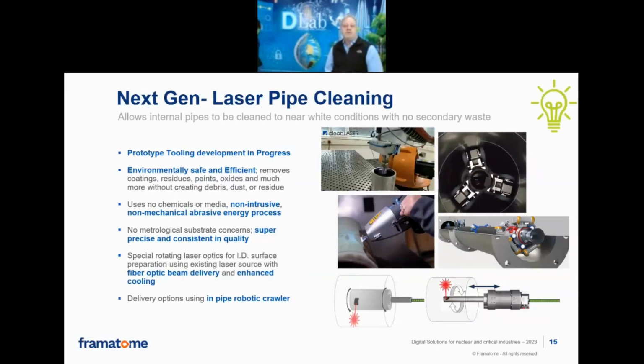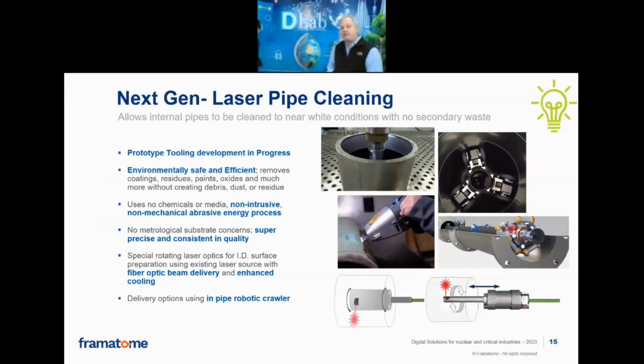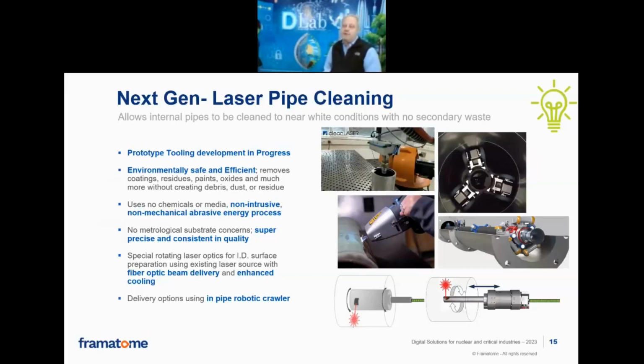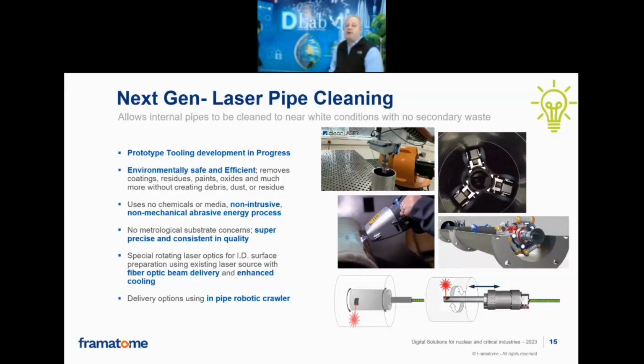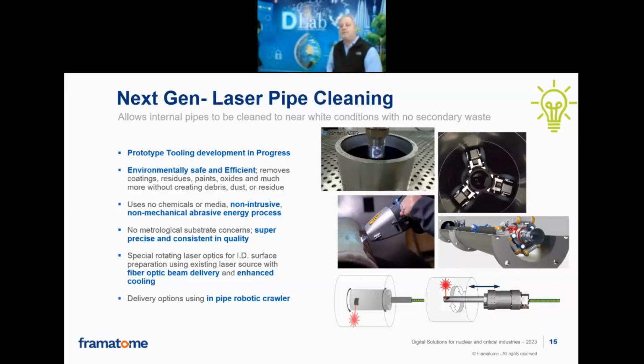So we're also in the same process, we're looking at what the next generation is. This is very applicable for us for areas such as when we go in to do inspections or mitigation of the liner itself. Those mitigations may be to have a surface clean, to do NDE inspections, and you can see in the video there that's spinning on the right, we are developing with a subcontractor a process to do laser cleaning inside of those pipes.